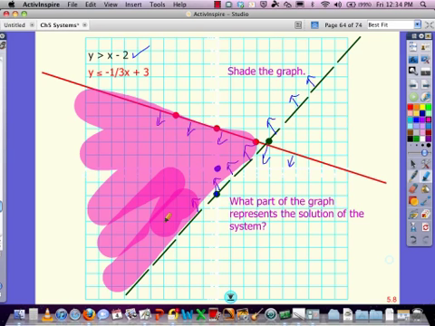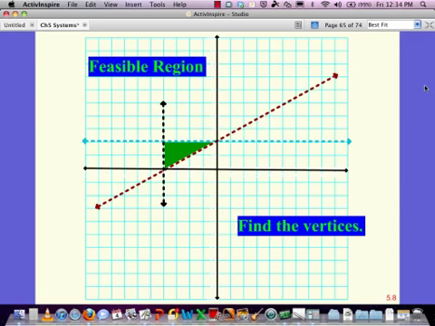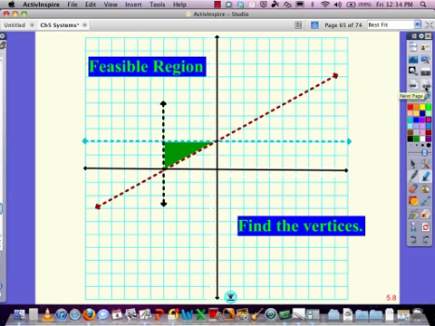So what part of the graph represents the solution of the system? Any point inside of this region and on this line in red, but not the line in black, would be a solution to this system. If we have to find vertex points,